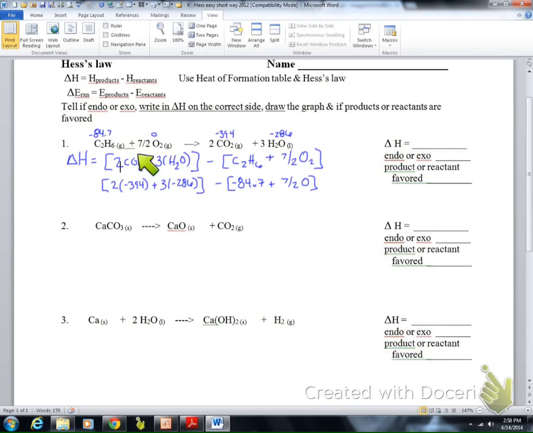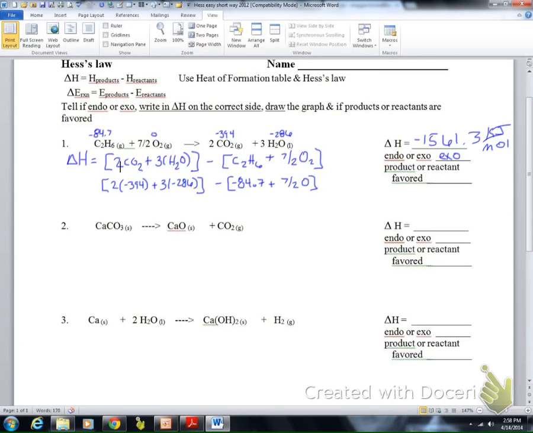So go ahead and pause the video and calculate out what my change in H would be. So hopefully you're able to figure out what your change in H was, and the change in H is negative 1,561.3 kilojoules per mole. So based on that number, I know that this is an exothermic reaction,